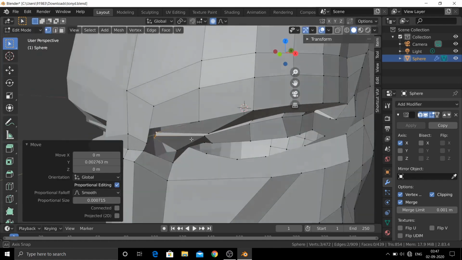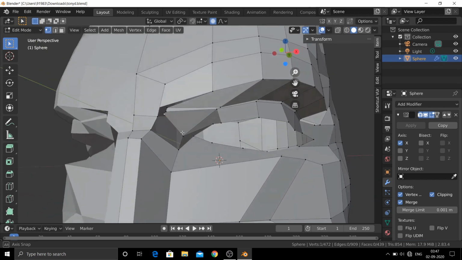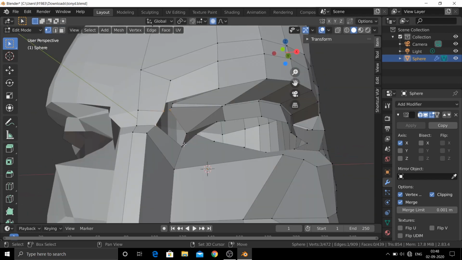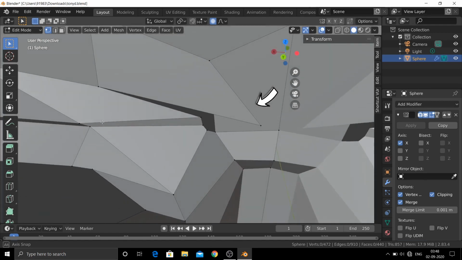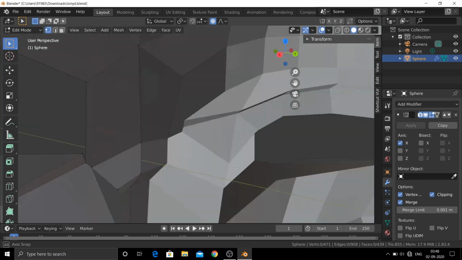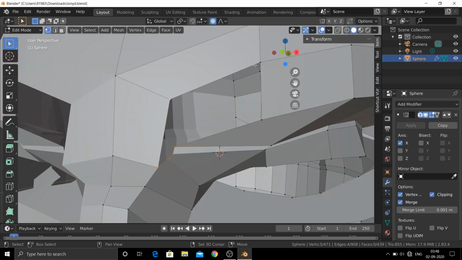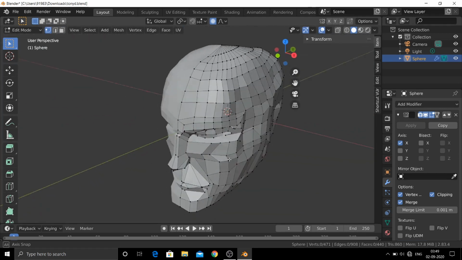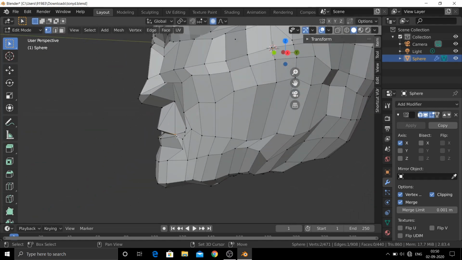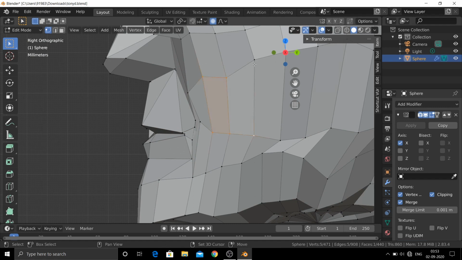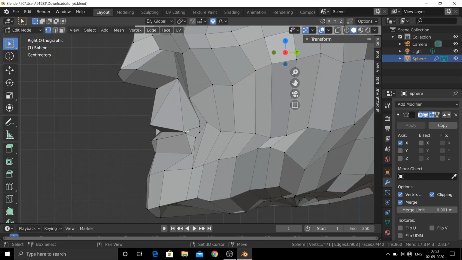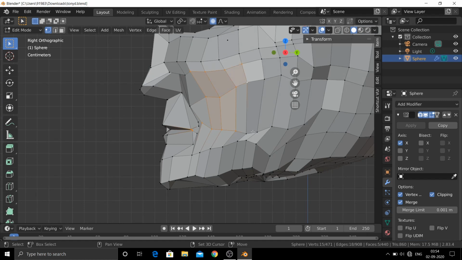Bring it inside. Select these 5 vertices, then press F. Let's delete this overlap part. Select all these vertices, then press F. Okay, I'll bring the side of the lip a little bit inside. Let the cheek go a little bit inside too. Let's do the side lip again. For the cheek, let's select more vertices and bring them inside.